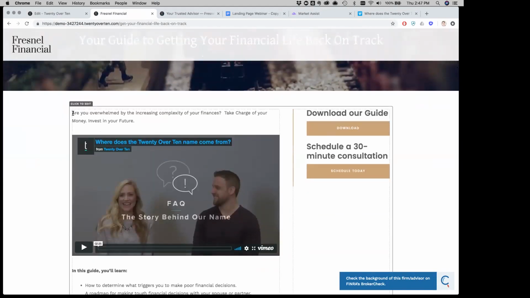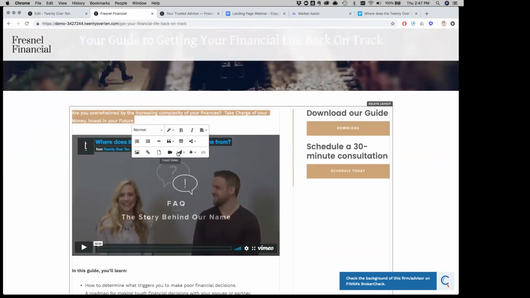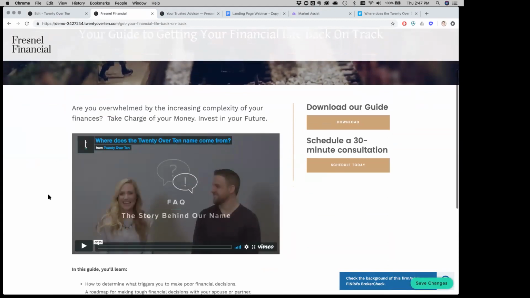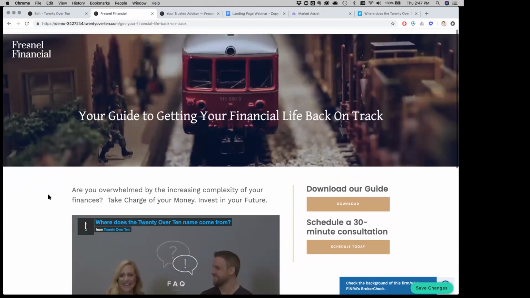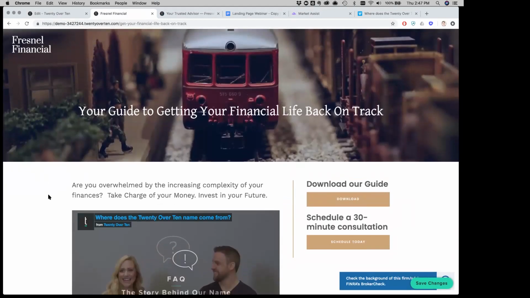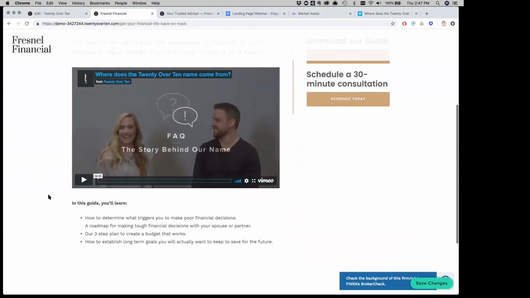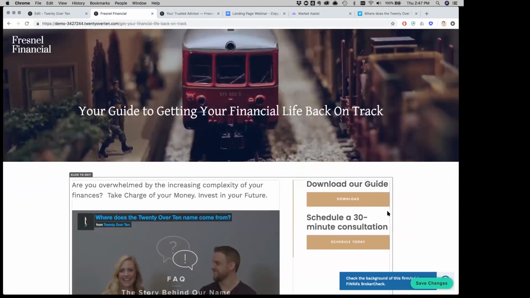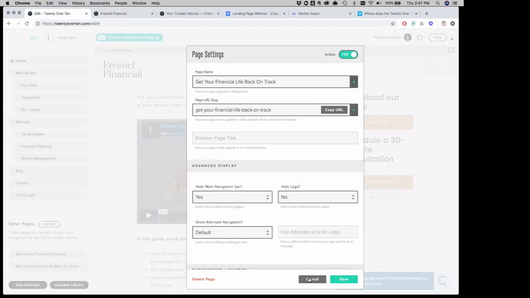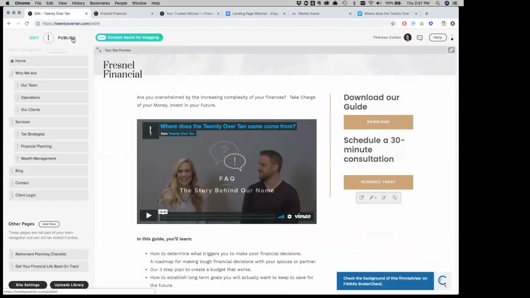So a little bit of content here, video, and you can do a lot. I always think it's a really good idea to assess what it looks like at full screen on mobile too, so you can see how everything's looking, and this will all be built out for you. Of course, just keep in mind, like with any page, as you're making changes and clicking Save Changes, you still have to proceed through the publish step for this to be live.